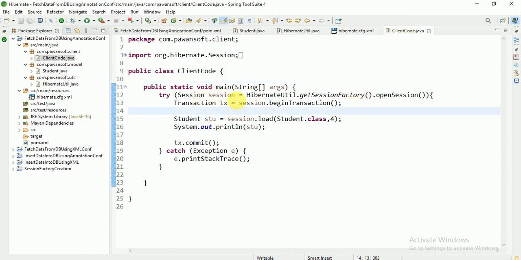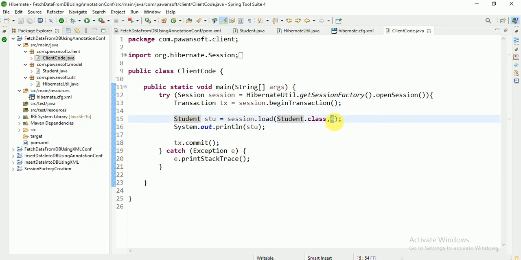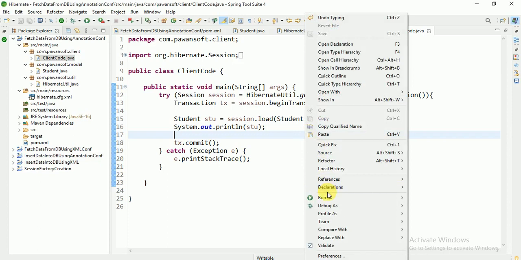Create the session object, and finally session.load data, right? Whichever data you want to print, you provide your ID, and it will give you the whole data, right? So here I want to fetch the first record. Let's run again.